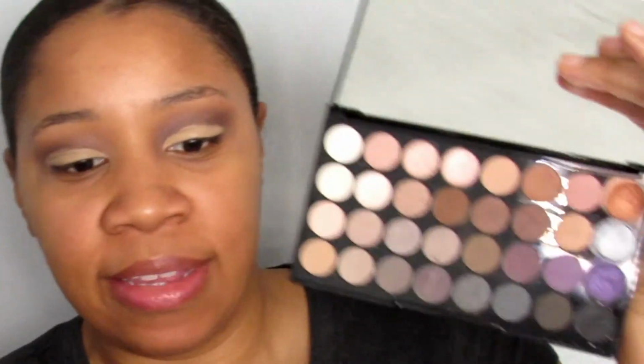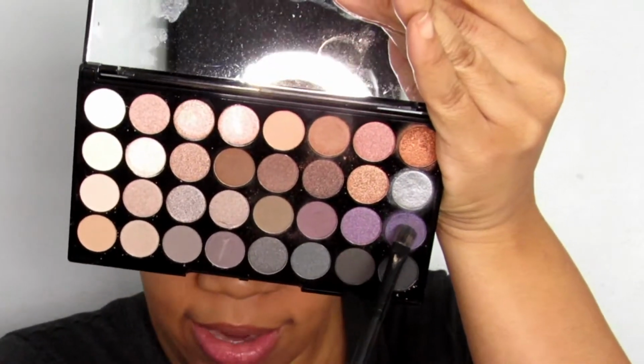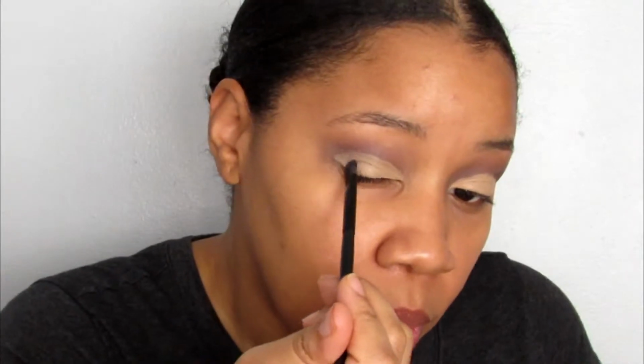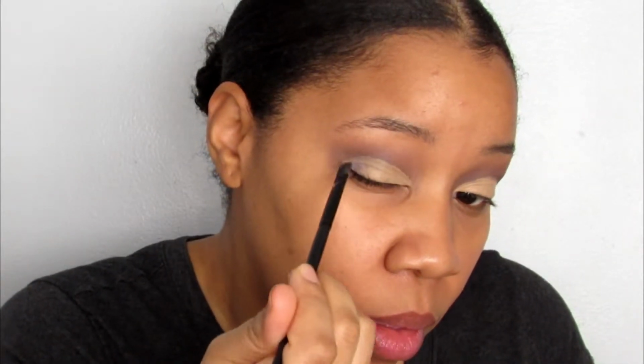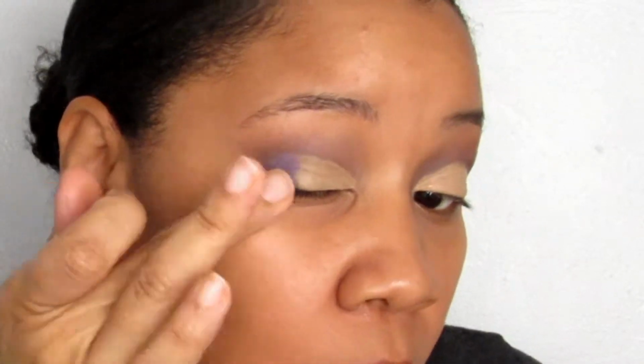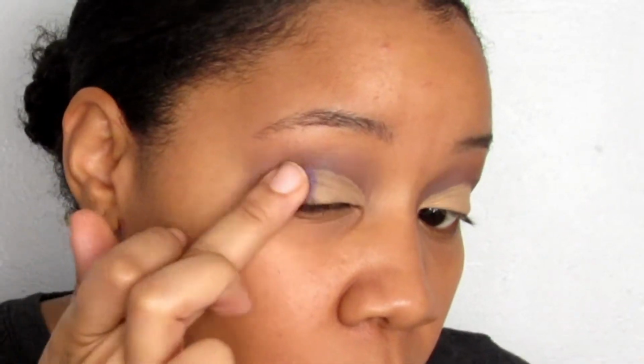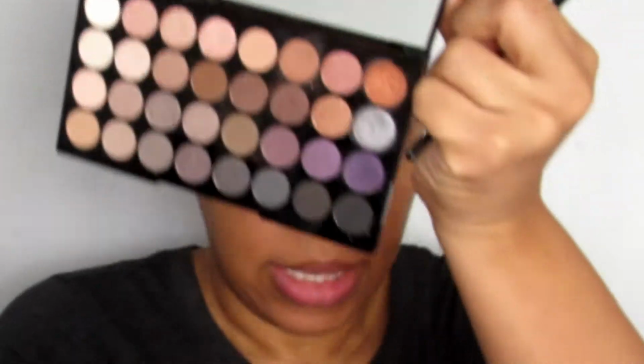Okay, so now that my crease is cut, I'm going into this neon galaxy purple color right here, and I'm going to put that in the outer corner. Okay, my finger's going to have to go in because it's not really doing much. Now this shade,